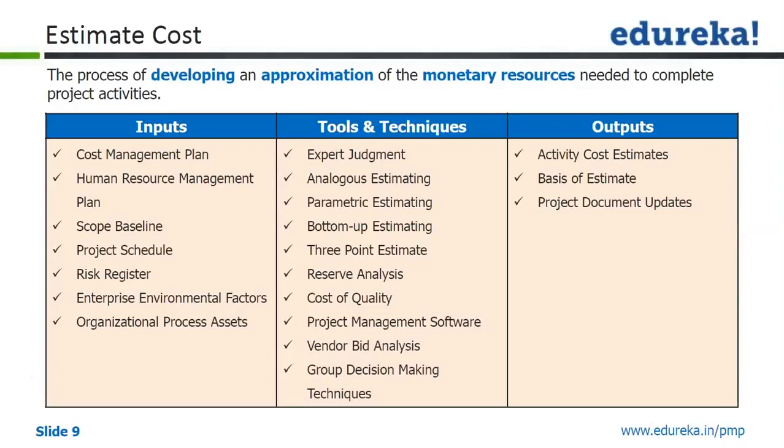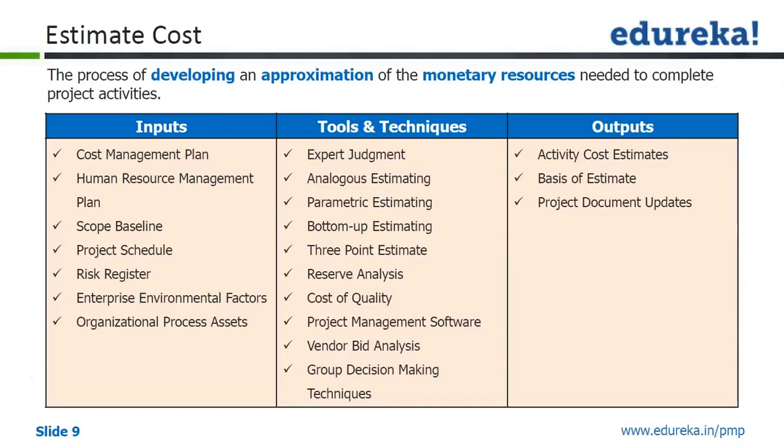Then you have the human resource management plan. This is important because it will have the information about the resources. Staffing attributes will be there, personnel rates, etc., and maybe some reward and recognition related information, which will help us in developing activity cost estimates, rather project cost estimates, right?